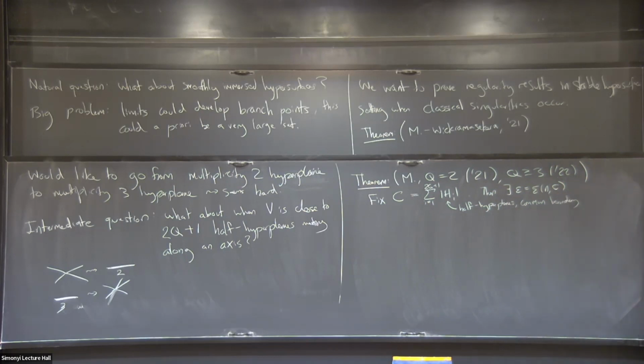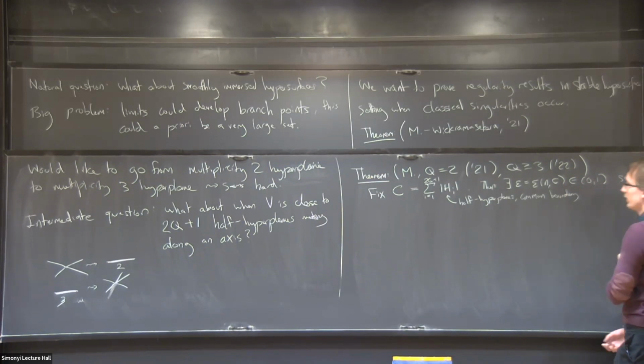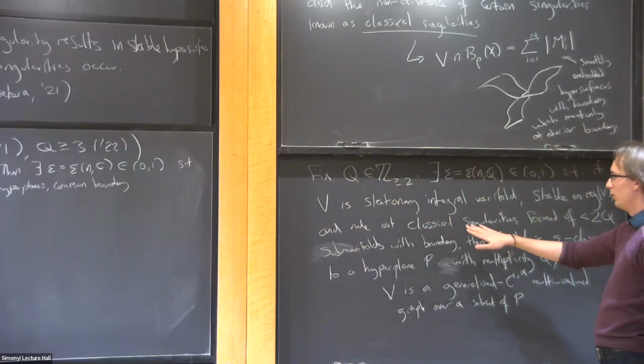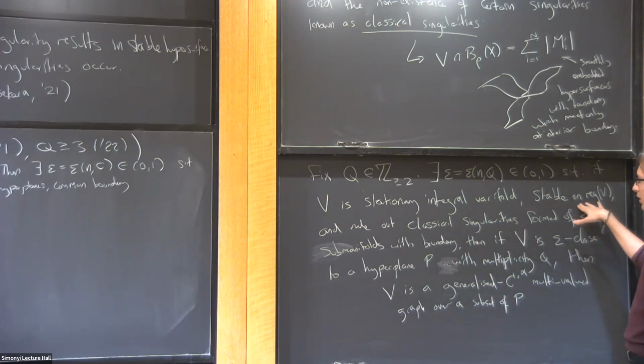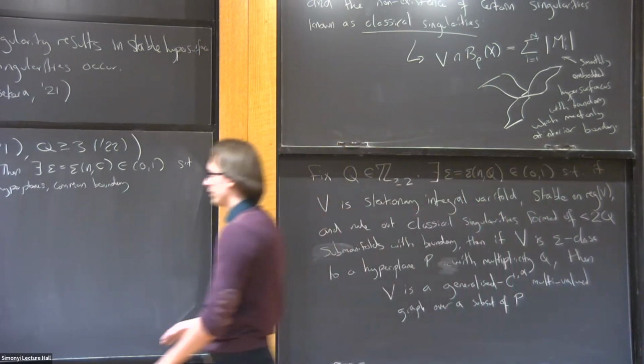In fact, it just depends on the smallest angle between the half hyperplanes. Such that if you have all the same assumptions, so the stationary integral varifold is stable on its regular part, and you rule out classical singularities of this form, so less than 2q,